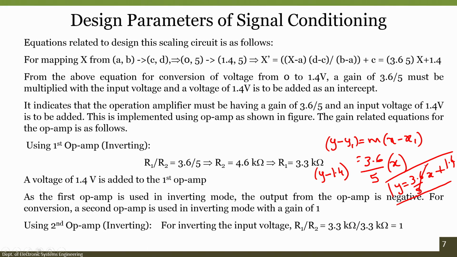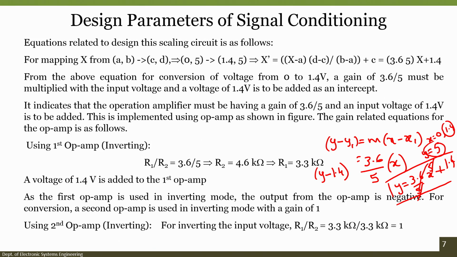x here is your input from the function generator. So, when x is 0, I am able to achieve an output voltage of 1.4 volts, and when my input from the function generator goes to 5 volts, what happens? This 5 and this 5 get cancelled, and I am able to achieve an output voltage of 5 volts. So, now we are able to get a 1.4 to 5 volts range when you have an input from the function generator, which is nothing but 0 to 5 volts. This was the basic mathematical equation and how you can derive the slope and get the input and output function based on the requirement.